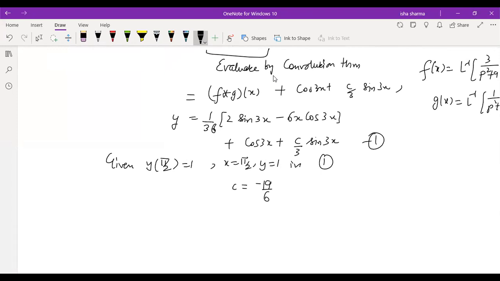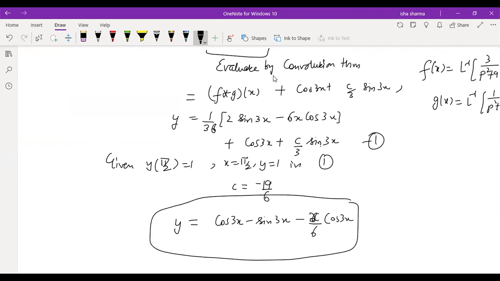So that value you substitute there, and then you combine the terms, because this is sine 3x, this is also sine 3x. So this sine 3x will be taken common and you combine the terms. So finally the final answer is going to be cos 3x minus sine 3x minus x by 6 cos 3x. So this 6 by 36 will be 1 by 6. So this term will be there. Cos 3x will be cos 3x. These two terms on combination, after putting the value of c, you will get this as your final answer.